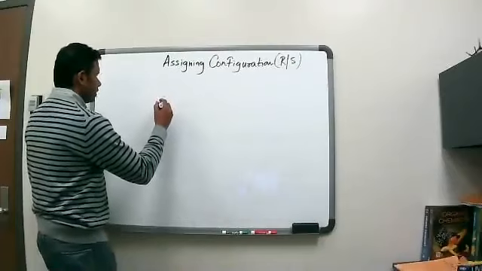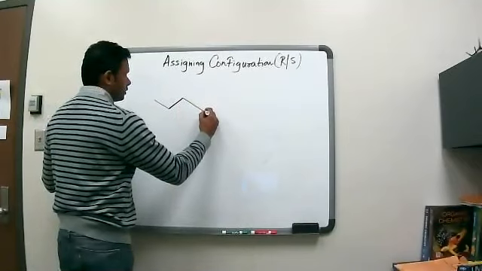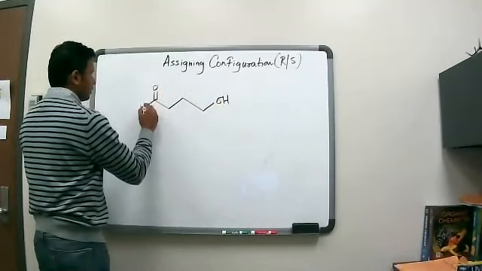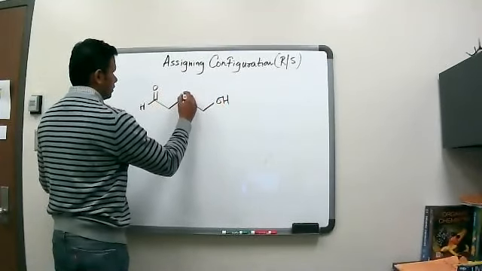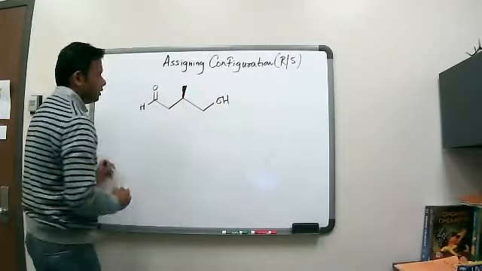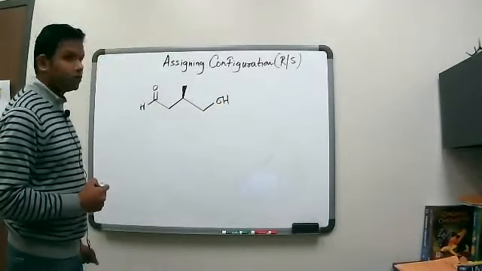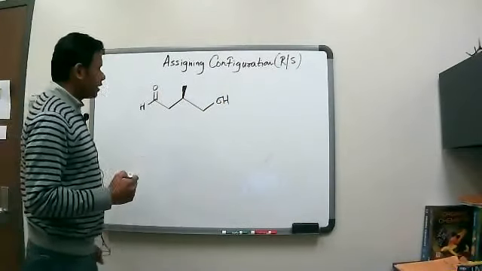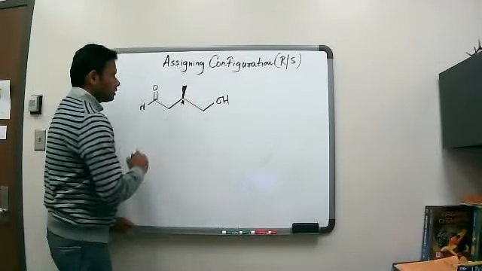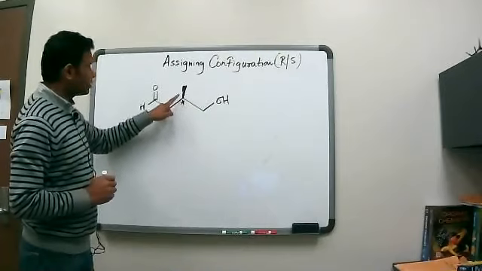Okay, so let's say we have a molecule like that. Let's say that's the molecule that we're looking at. We want to assign configuration to this molecule. Now, just to recap quickly, notice that we have one chiral center in this molecule. That's the chiral center that we're focusing on, because this carbon here is connected to a